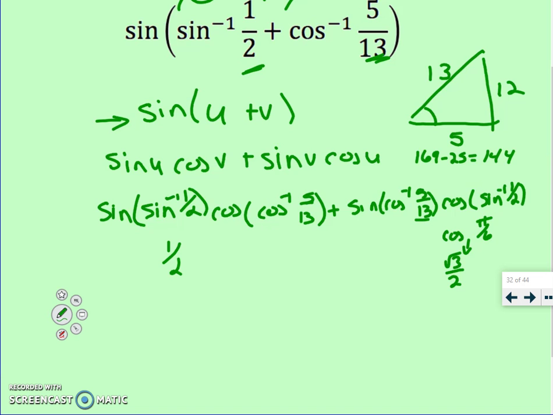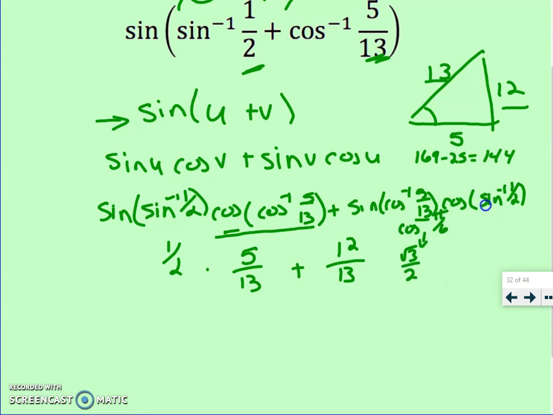So if we take cosine of this angle that generated this triangle, the cosine of that angle is 5 over 13, plus sine of this angle. We're looking now at the opposite side over the hypotenuse, and we get 12 over 13. So when we combine all of our like terms and simplify our fractions a little bit, we get,